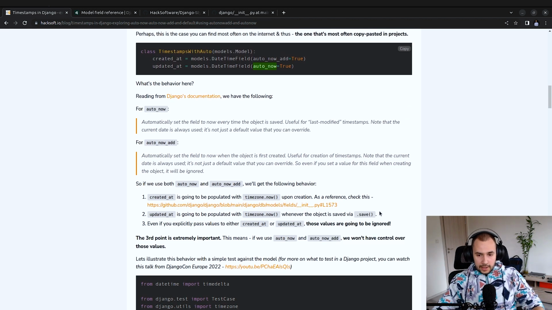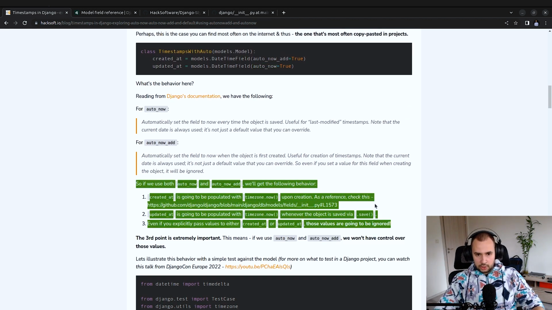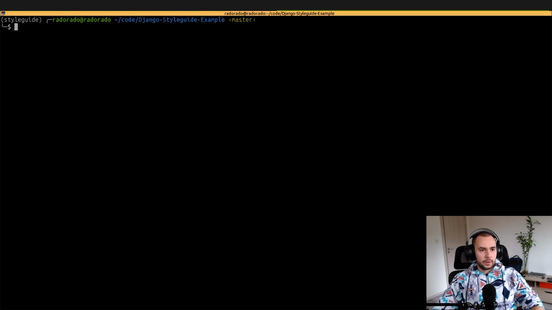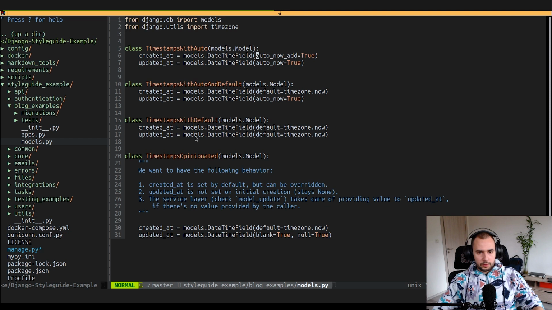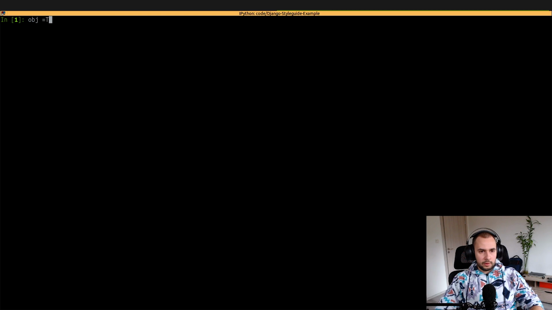So let's see this particular behavior in action. I'm going to jump to my local Vim and my local shell plus. I'm going to say, give me the shell plus. And the thing is, we're going to test with the model that's called timestamps with auto. Is it imported? Let's see. It's timestamps with auto. All right, so let's create a new object,